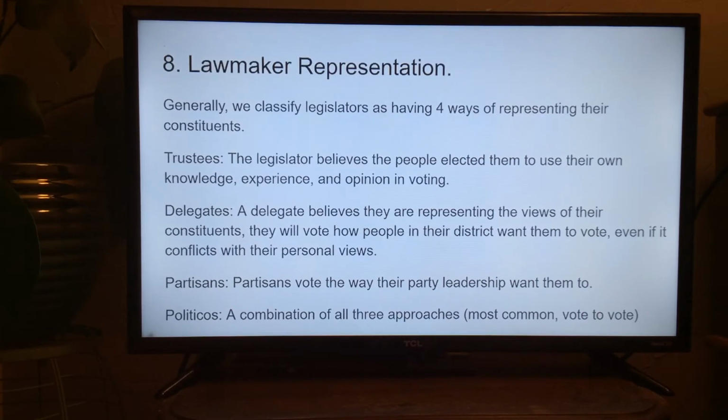And so if you continually vote not the way your party wants, if you're a Republican and the Republican leader says vote no on this and you vote yes, and then next week they say vote no on this too and you vote yes on it, you start to make your party leadership very mad. And if you make them mad, they can do things to you that can take away some of your power. They can't kick you out of Congress, they can't kick you out of the House or Senate, generally speaking, but what they can do is